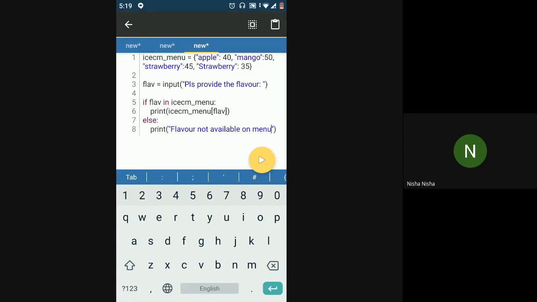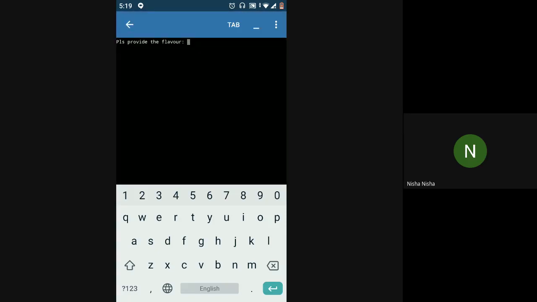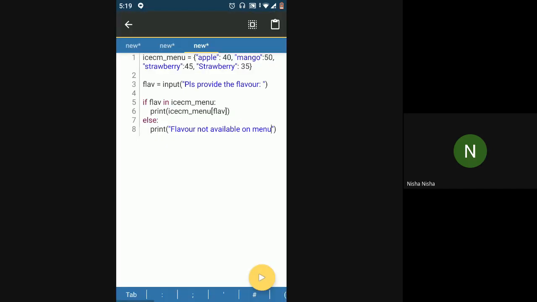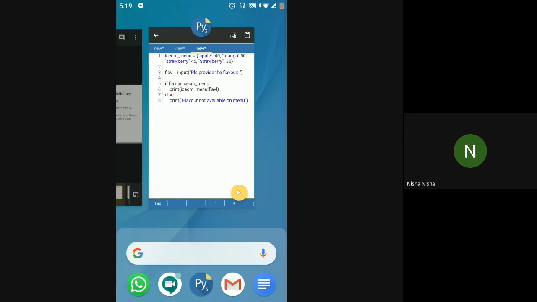Okay, so now if I provide a flavor that I know is present in the dictionary, it gives me the proper answer. If I provide some different flavor which is not present, then it just says flavor not available on menu. So yeah, this is all about dictionaries.